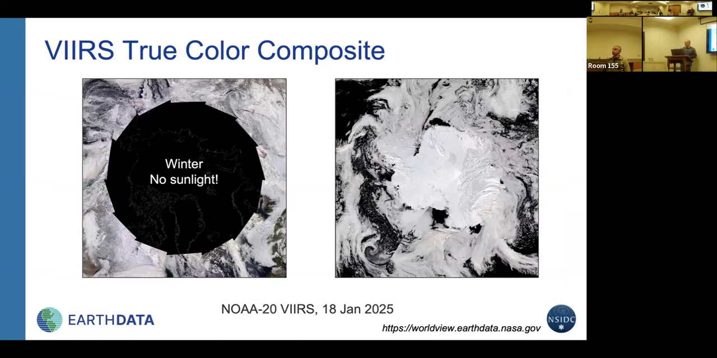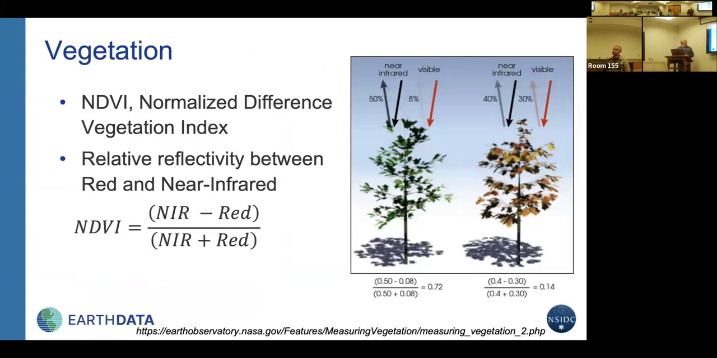This is visible true color, so when it's dark out, it doesn't see anything, so that blocks that out. All right. So vegetation, of course we can see vegetation, it's green. But it also reflects in the near infrared as well. And it's actually that, which we don't see, that we can use to look at the density and